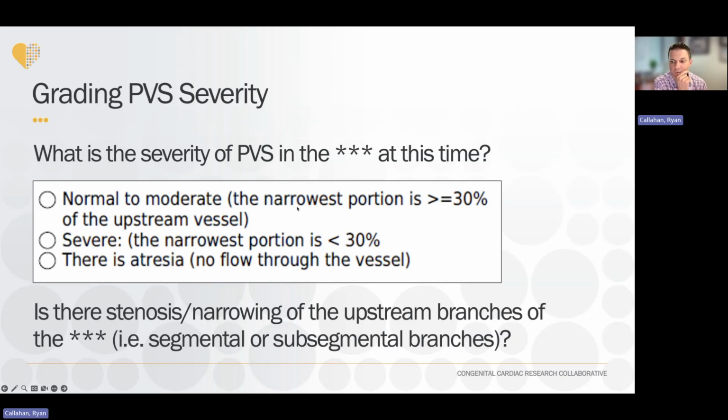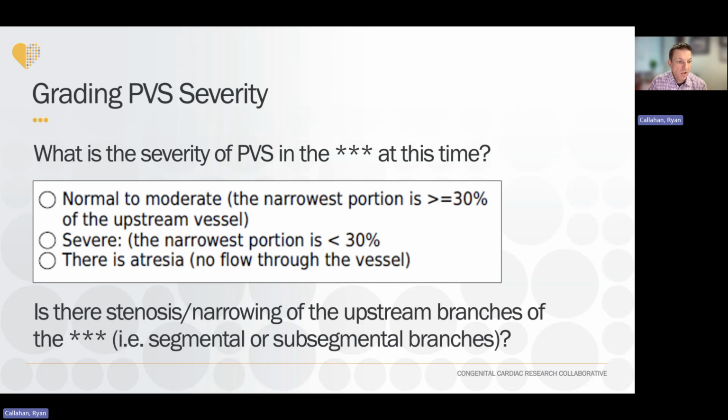So really almost everything by default is normal to moderate, where there is somewhere between no stenosis and up to 70% stenosis. And the best way to characterize that is to understand that the narrowest portion, where the vein's the smallest, is at least 30% of the upstream vessel. Okay. And then if the narrowest portion is less than 30% the size of the upstream vessel, then